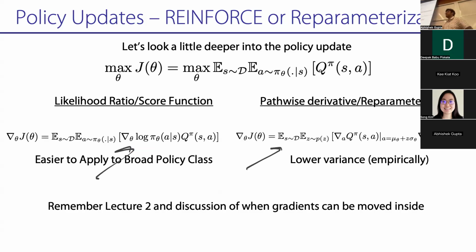Why do we not use reparameterization for policy gradient? If we had a Gaussian policy, is it because our rewards aren't differentiable? Yeah, if you knew the dynamics of the world, you could. But the problem is, what you're looking for is the gradient of the sum of rewards with respect to the action A. There are variants where, if you know the dynamics of the world, you can take gradients through the dynamics. But if I don't know the dynamics, I don't know the gradient of the sum of rewards with respect to the action. The Q function in some ways gives you a surrogate for that gradient. Good question.